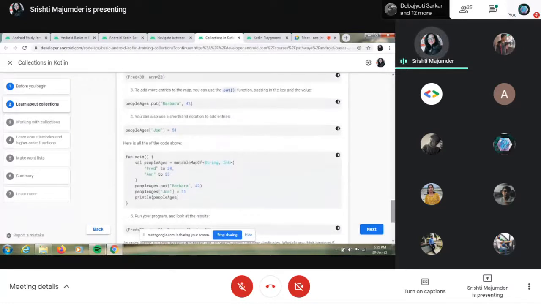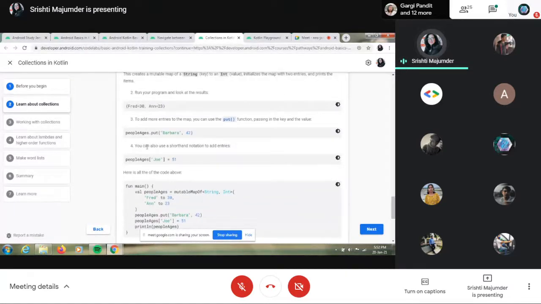You can use these two syntaxes: the map name, peopleAges, then the put function, with first the key name, comma, the value that you want to input. So there are two ways to do this, this is one way and this is the other.